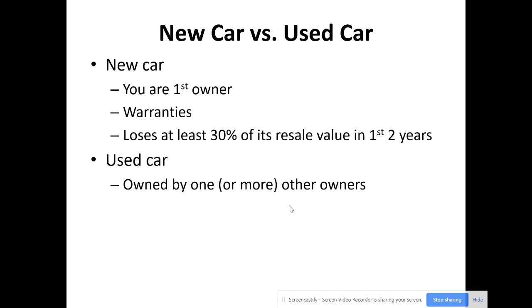Used car, the thing you have to deal with there is obviously it's been owned by one or possibly more other owners. The price is definitely going to be lower than a similar new car. So if you can find one in really good condition, you may consider buying that and be able to save several thousand over having to buy almost the identical car